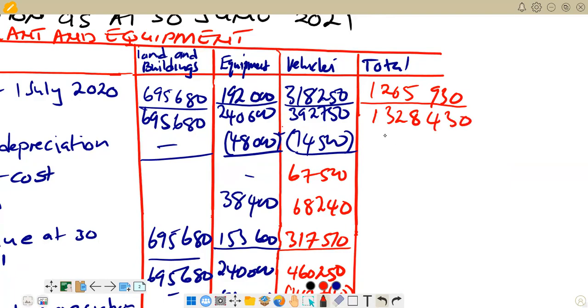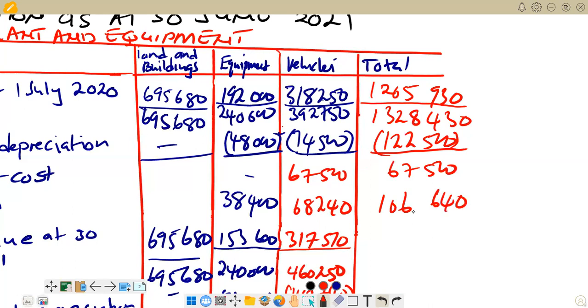The same applies here. We add this one plus this one. You get 122,500. Then if you subtract here, you say this one and this one, you're supposed to get this one. Then here we only have this one, 67,500 in that row, so I'm going to put it only. Then this one, we add this one plus this one. This represents the depreciation for the year. And you get